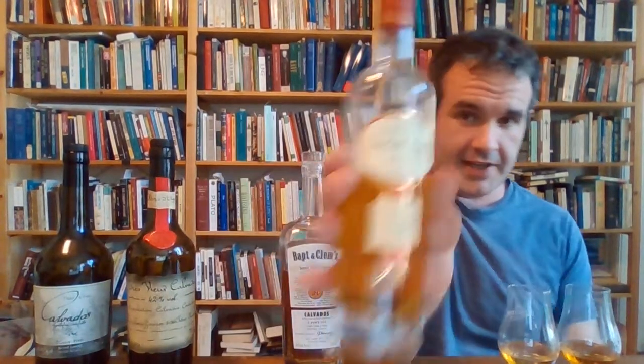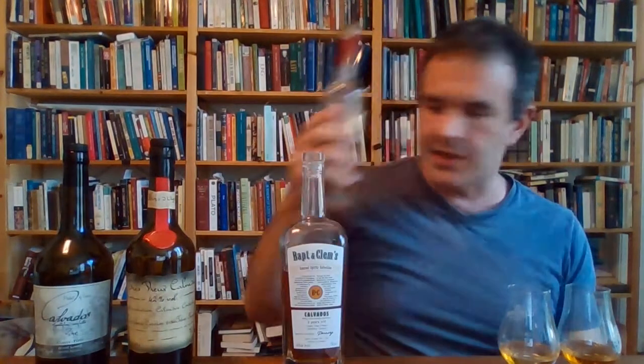This is another fine one. One of the nice things about Calvados is they often come in half bottles. So I grabbed a half bottle of this, and I'm a little bit okay with that decision. All right, so this is a Pays d'Auge. This is one of the big boys, and on the nose,